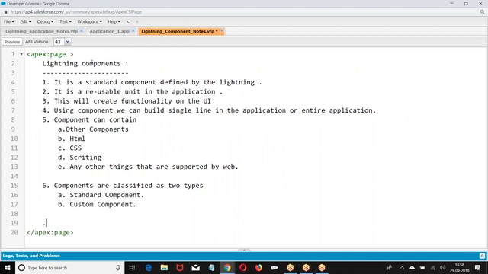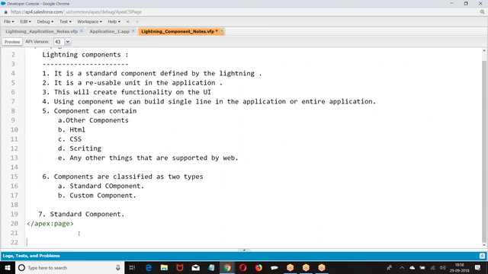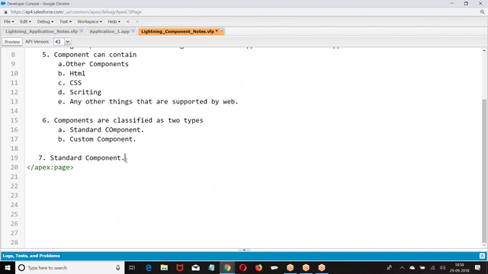So next we had standard component. These are the components.